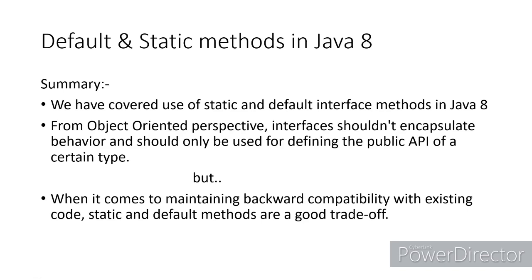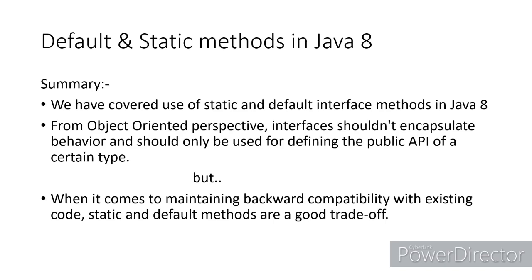Earlier, before Java 8, an interface used to have only abstract methods. So it used to only outline what all things the implementation classes should have. It never used to give the implementation for it. It only used to mention what should be there, but how they should be implemented, it never said anything about it. That is what it means, that an interface was not having behavior inside it. But with the default method, now you can have an implemented method inside an interface.